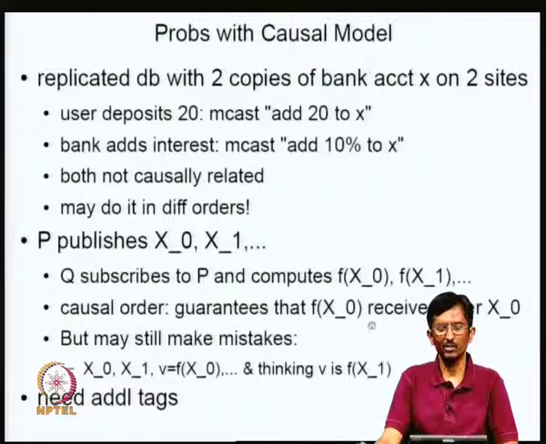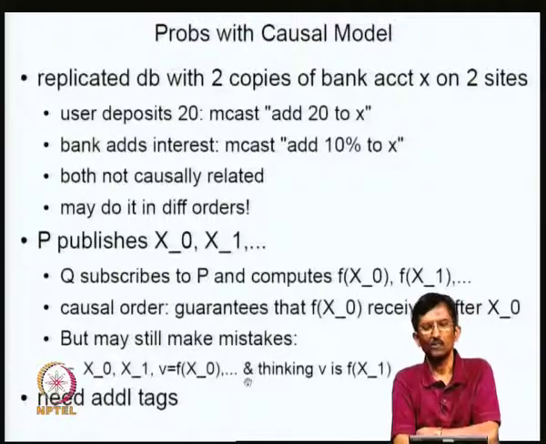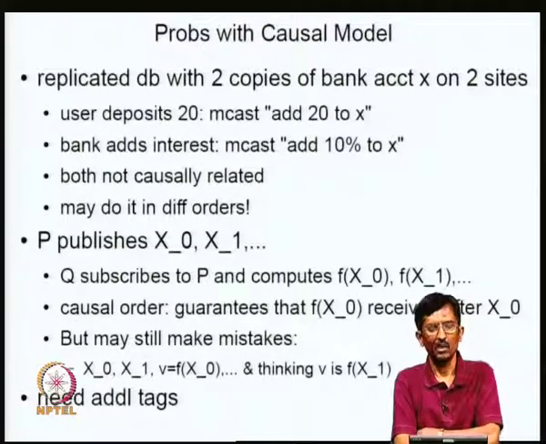But our problem is that you may not be able to figure out which one is which. See this, you may think that we have x0, x1, and for example, I want to operate on f of x0, but it may be that I actually take x1 and compute and think that it is connected with the first one, whereas actually it is connected with the second one. So, there is a correspondence between the values that have been published, which are coming on a stream, and what I do with it, and they might not be causally connected.